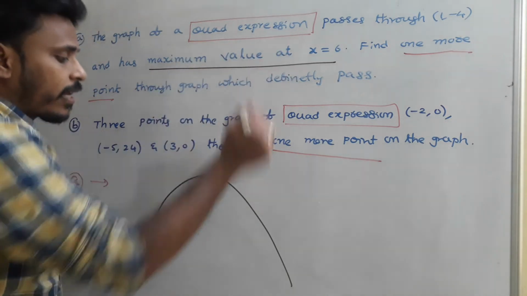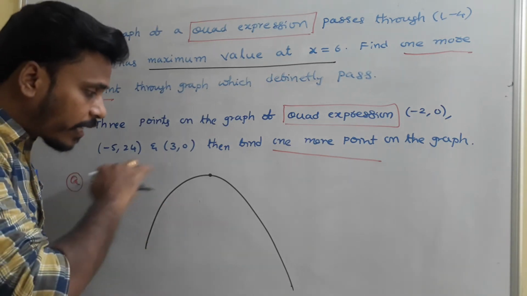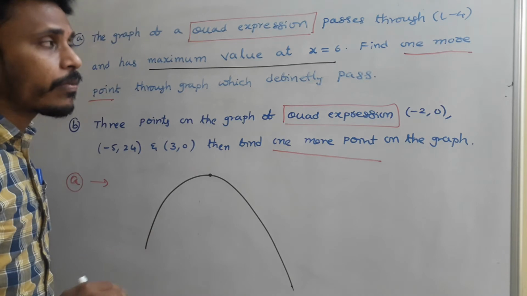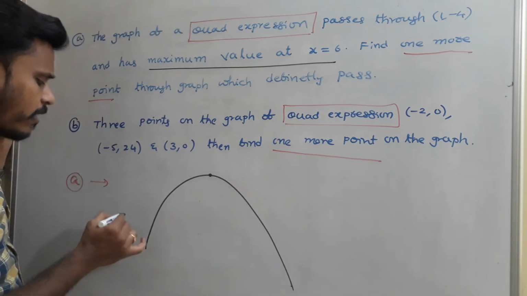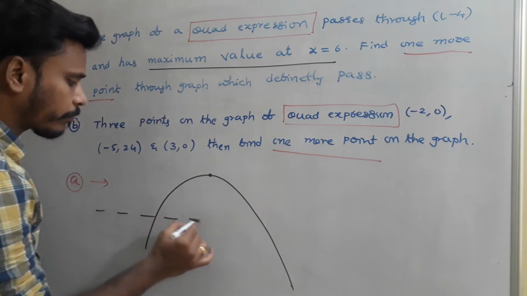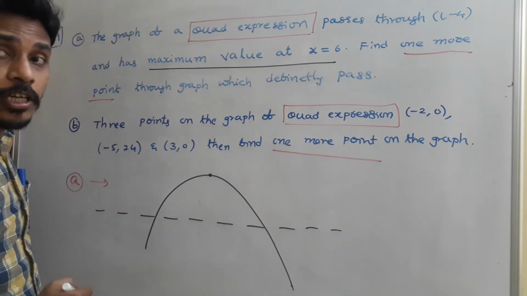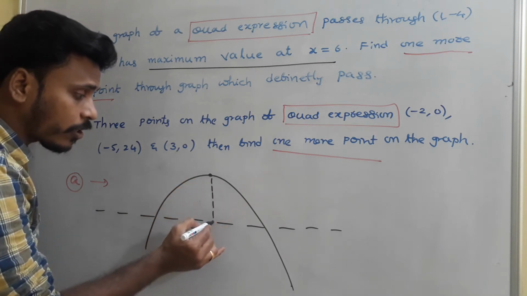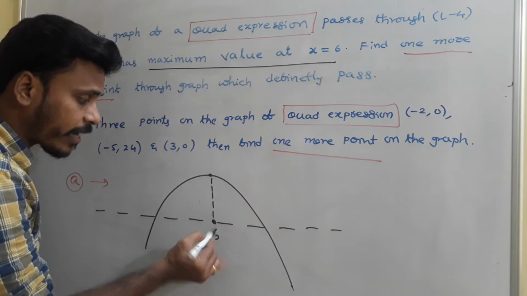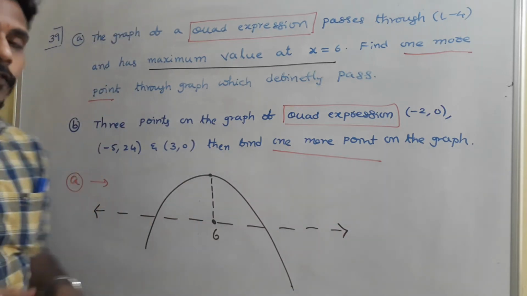Since maximum at x = 6, we concluded that the graph is a downward parabola, and this is the shape actually, and we don't know where the x-axis is there. Okay, you just imagine somewhere the x-axis. If this is the x-axis, and as per that question, this maximum value is there at x = 6. So on the x-axis this point is 6. Okay, yeah, that's the given information.